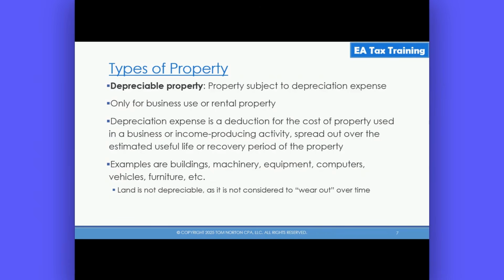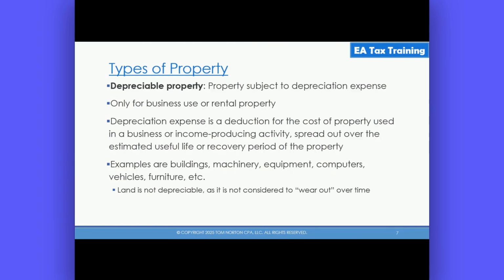Another type of property is depreciable property. This is really a business concept. So we're going to go into it in detail in part 2, but you do want to at least be familiar with it for part 1 because there are some times when depreciation comes up, when something called depreciation recapture comes up. So what depreciation is that a business, or if you've got a rental property, when you buy assets